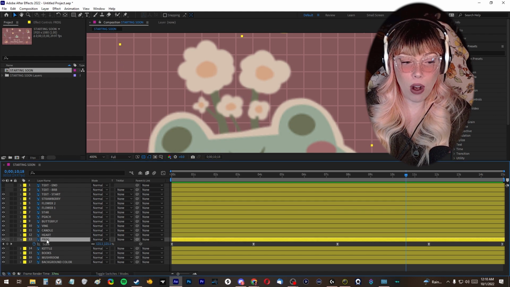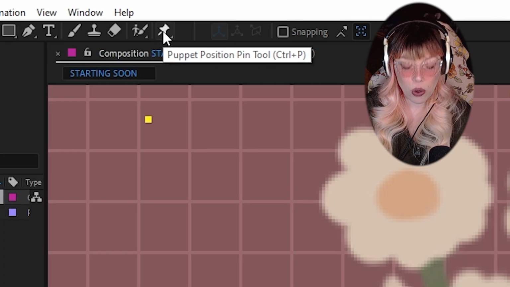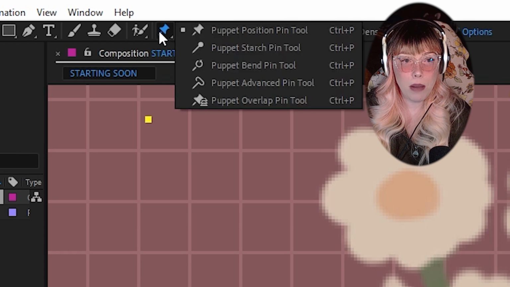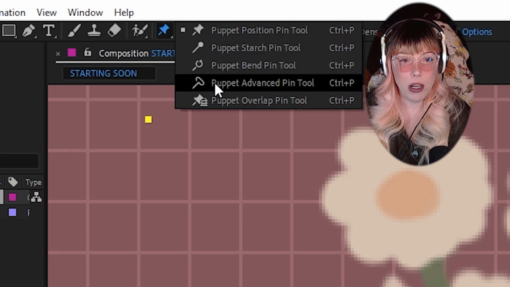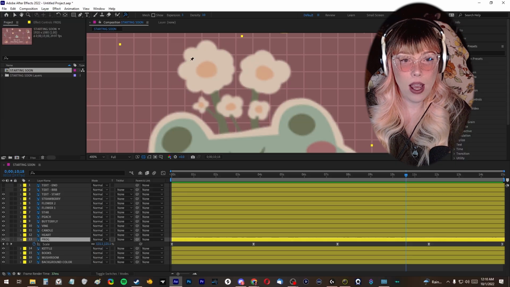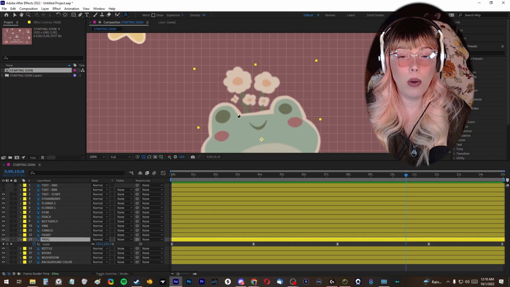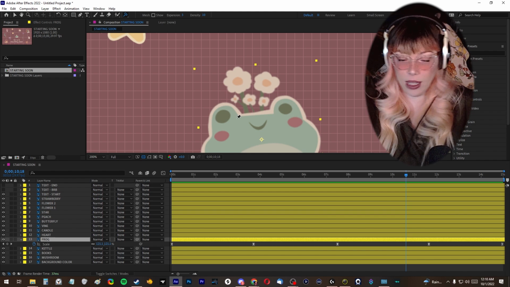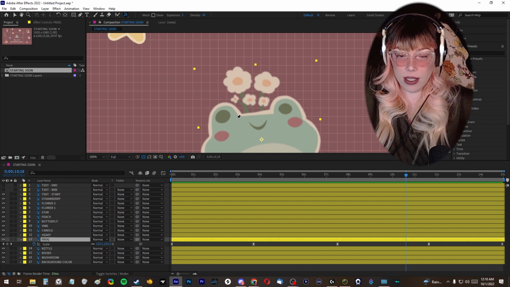So I'm going to make sure my frog layer is selected. I'm going to come up to the top bar up here. You could also hit Control P if you like keyboard shortcuts, but I'm going to long click on this puppet pen tool, which looks like a push pin up here, and I'm going to change it to the puppet advanced pen tool. And then what I'm wanting to do is you want to think about literally like a puppet where they've got the wiggly legs and what is connected to strings and how you're going to be moving